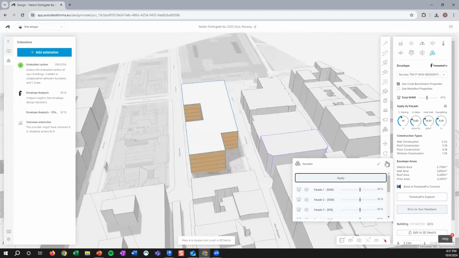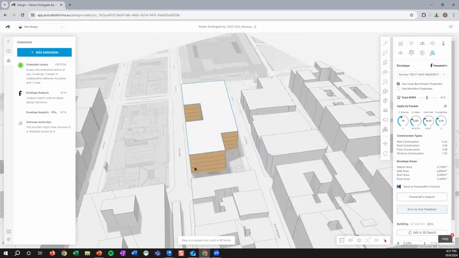You can get into the geometry, and you can even add shading devices as a simple piece of geometry, and FenestraPro will account for that and show the shading and reduce your heat gains and your daylighting. Construction types, as I said, we were using the code benchmarks based on this non-residential Norwegian code,